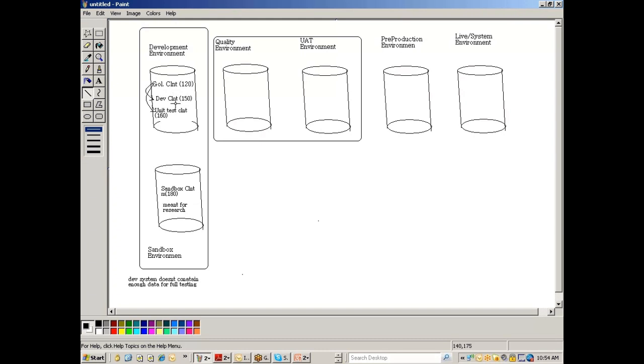The system landscape will be designed in such a way that any change which you perform in the golden client needs to be automatically available in the other clients of the development system. That's how we configure the landscape, right? So once you have the configuration here in the unit test system, you do testing for your own purpose. Being a functional consultant, you will be doing a little bit of testing here, right? So once you test it here, because like I said, development system does not contain enough data for full testing,